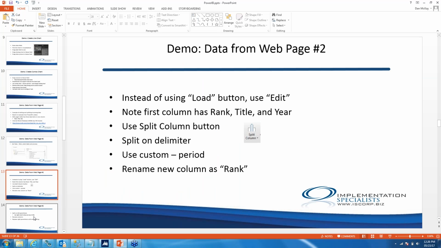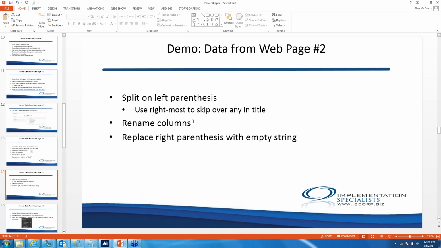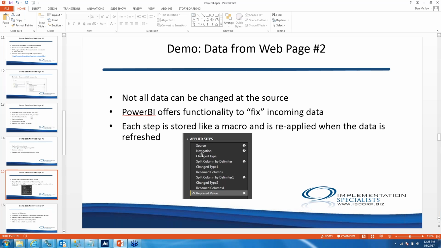Okay, so we did this. We split this. It's more of a recap here. We renamed the columns, and we replaced the right parenthesis with a string. And as you saw, there were these steps to be reapplied every time that data is refreshed. The same steps that we had just created. Okay, now we'll get to the